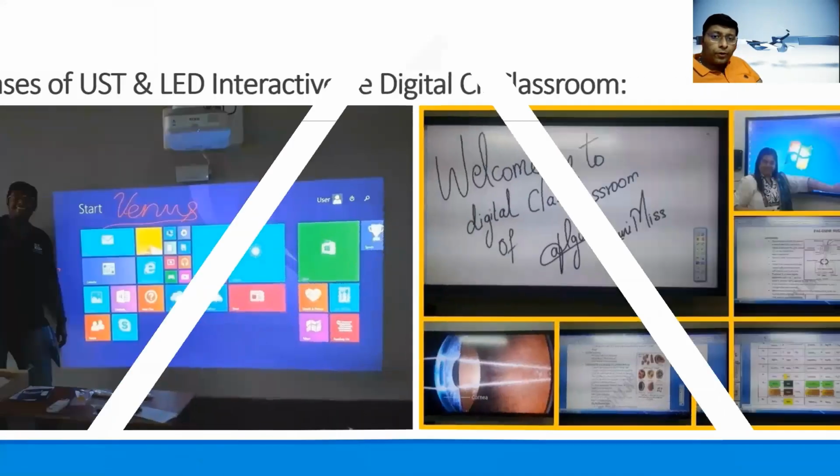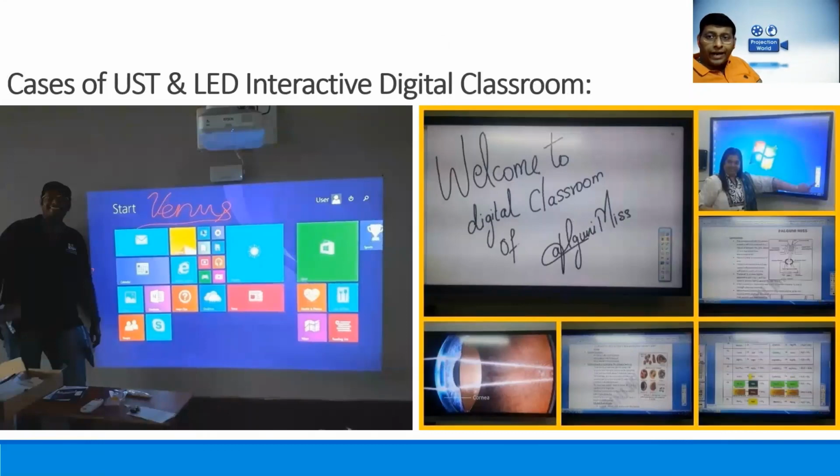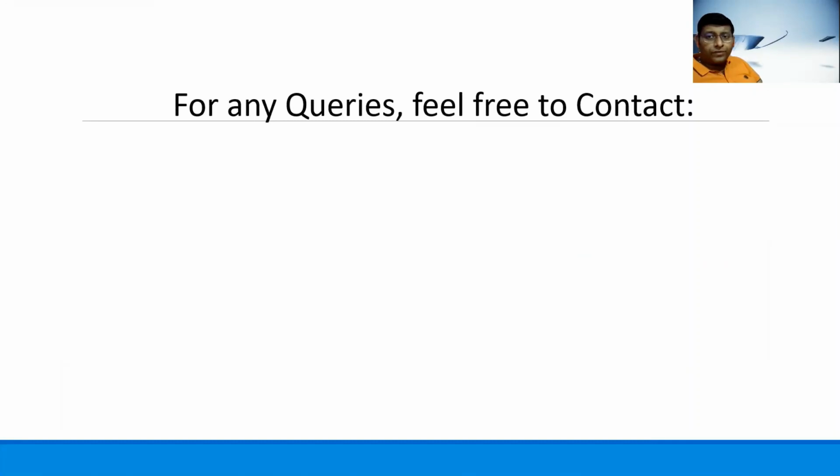You have to understand one thing, that all these products we have talked about are branded. They are not assembled units. So these are all branded products, for which you get around 2 years to 3 years warranty as per the brands. And the best part is that you get after sales service.